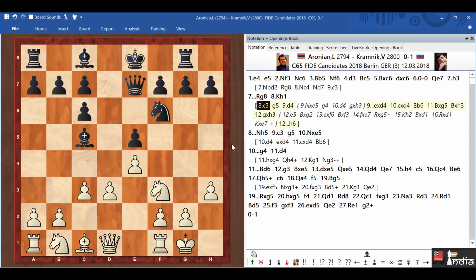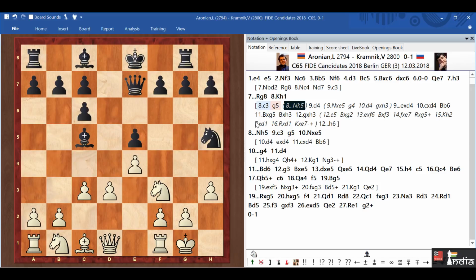c3 I thought was the most logical move, because you want to play d4, and if a move like rook g8 is played, you want to break in the center. So g5 is a very interesting move. I think that knight h5 can transpose to the game overall, but okay, the king is on g1, not on h1. So g5 is interesting, because now